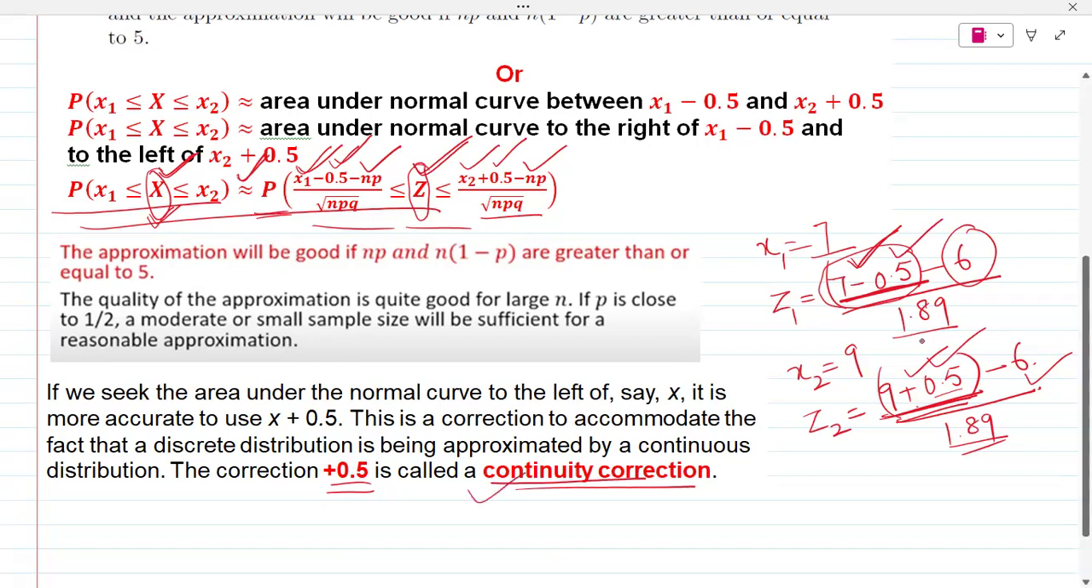Now, why was the continuity correction 0.5? Because here the interval length was 1. The interval length was 1. So if you go back,